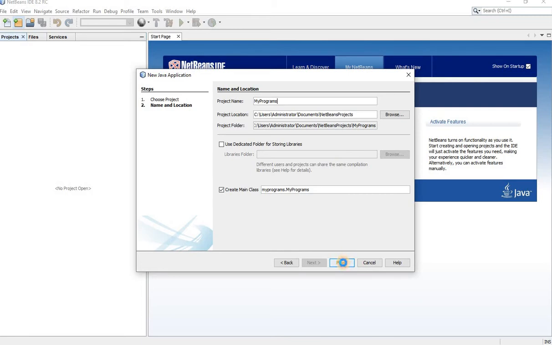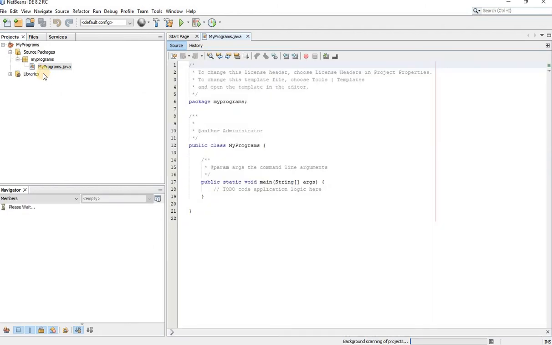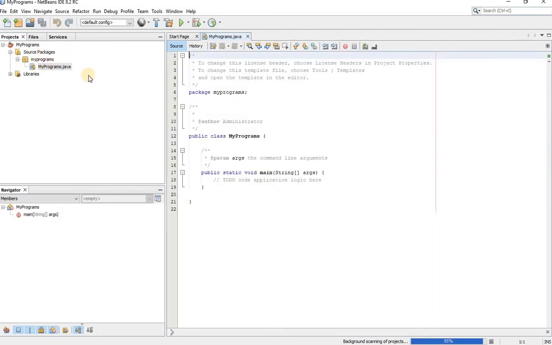What is a package? We will see that in the coming sessions. But remember, a package is where your complete programs are grouped together. You can see here my project name is my programs and the package name is also my programs.